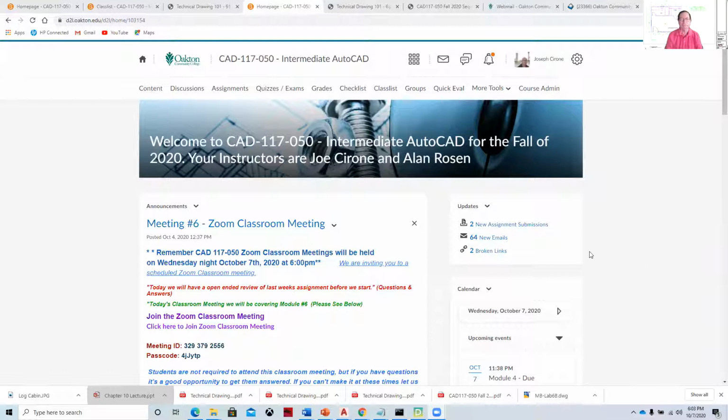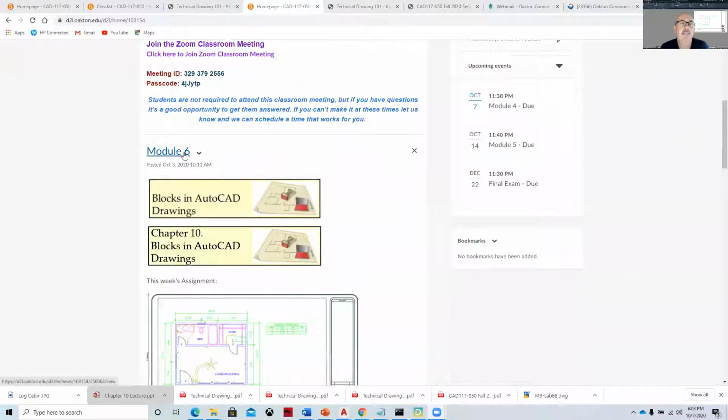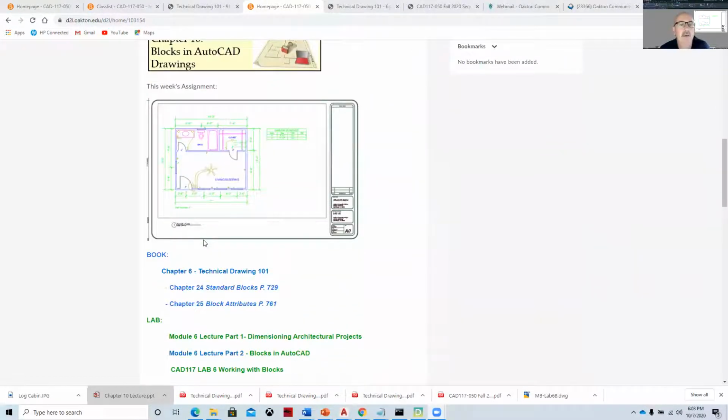Welcome to our weekly Zoom classroom meeting for Intermediate AutoCAD, CAD 117. This week we're covering Module 6, which is blocks in AutoCAD, and it's actually Chapter 9. The book was updated and they changed the chapter for blocks in AutoCAD. And so if we look at the textbook,